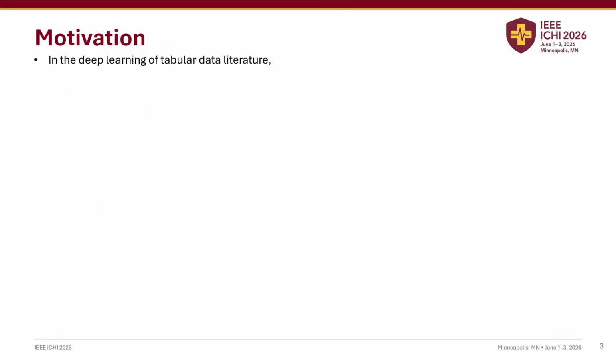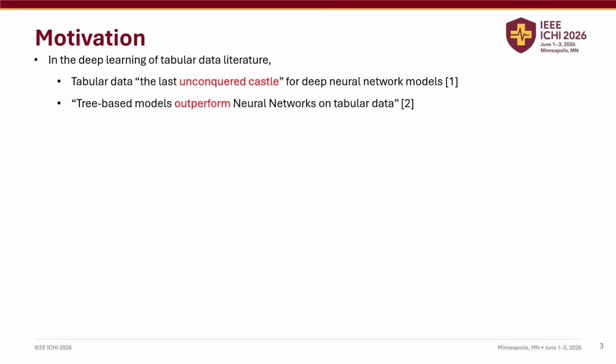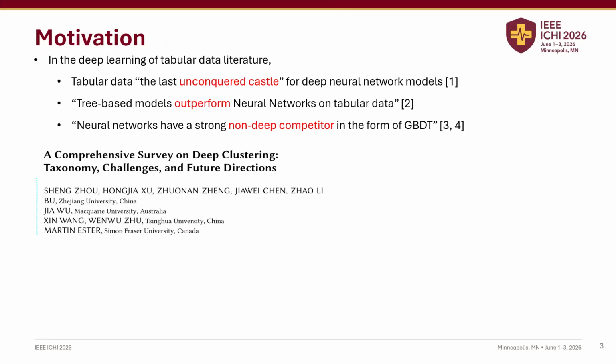To build on this challenge, let's look at the current landscape of deep learning for tabular data, which has famously been called the last unconquered castle for deep neural networks. Recent literature consistently shows that tree-based models and traditional architectures frequently outperform deep neural networks on tabular datasets. Also, there is a recent literature